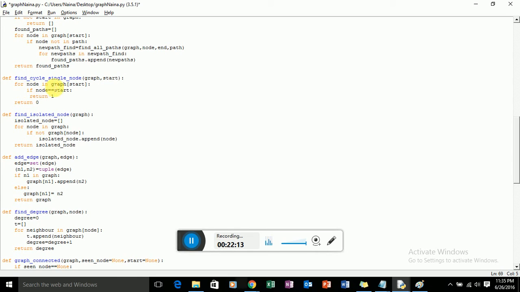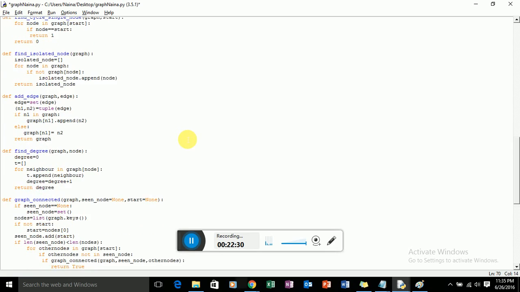So what I'll do is, for node in graph, for the particular node which has been passed, I check if there is an adjacent node which is equal to start.